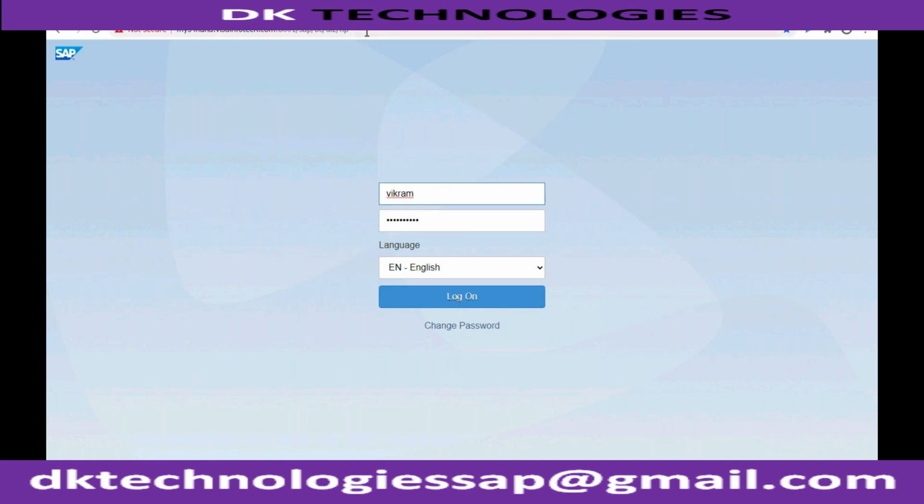The link that is provided to you by your basis and technical team, that itself has the client details. So if you have 2 or 3 different clients, there will be the separate link which will be provided by your basis team. Okay, so your basis team or technical team will provide you different links for different servers for different clients, and that is the reason there is no need to enter the client here. System already knows that which client you are trying to connect to by using this link itself. Okay, so once you enter your user ID and password,